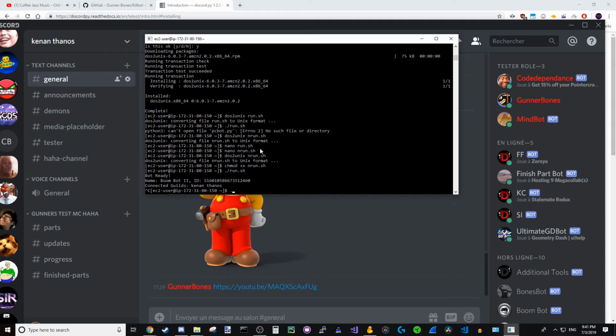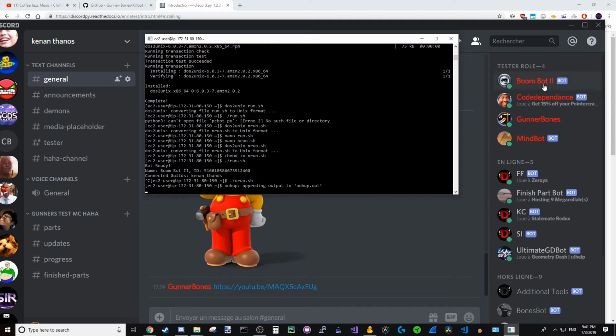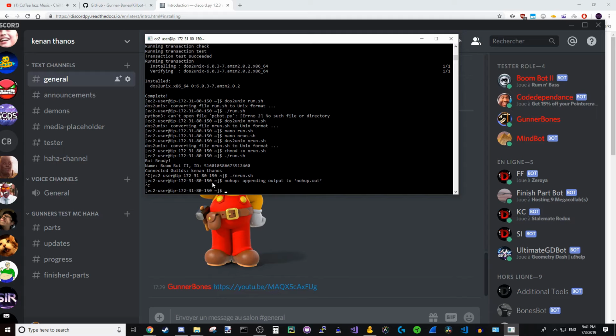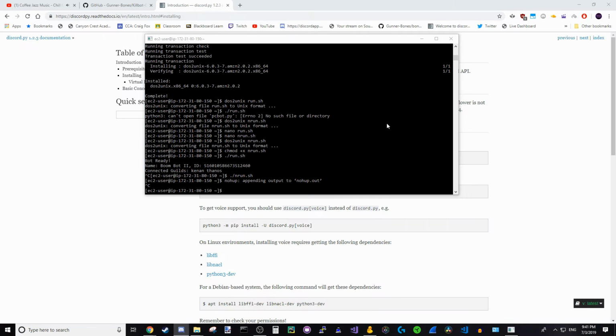Now to do it in no-hup mode, do nrun.sh. See, the bot turns on, but you can't see the console. And if you do Control C, that won't terminate it, because if you were to close this out and come back in, you can't just Control C nothing. So there's a special way to kill